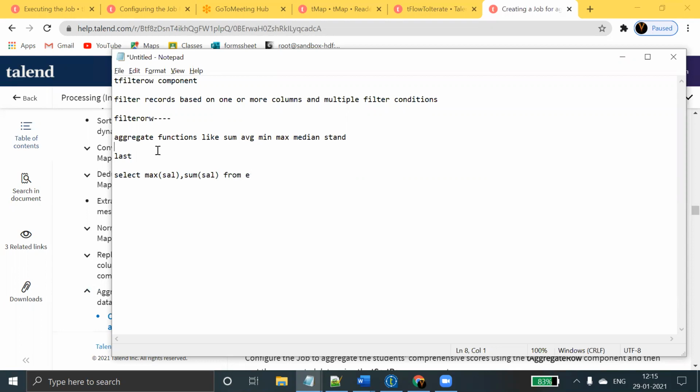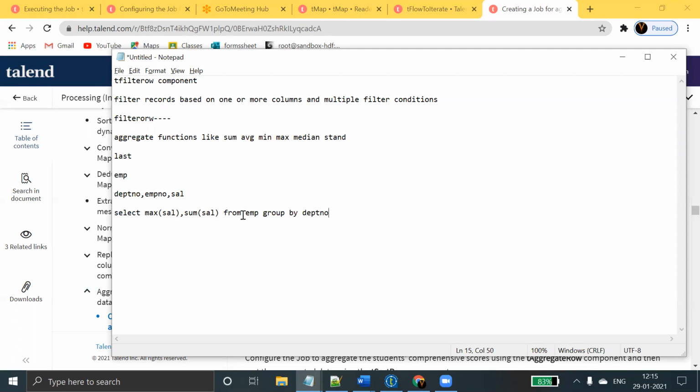Let's say you have a table called EMP, in which you have the department number, employee number, and a salary column. If I want to calculate department-wise maximum salary or sum of salary, I select max of salary or sum of salary from EMP, then you have to use a group by department number clause.